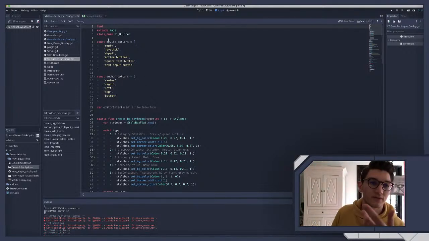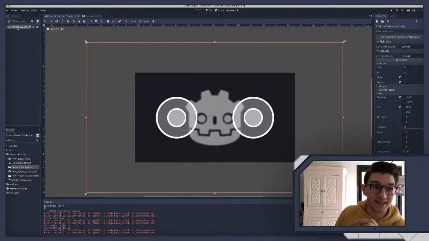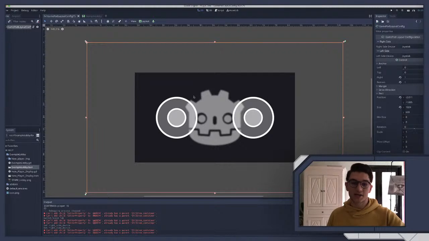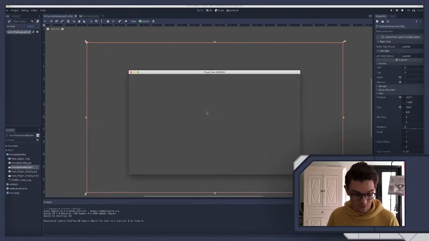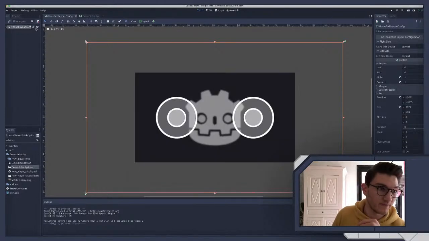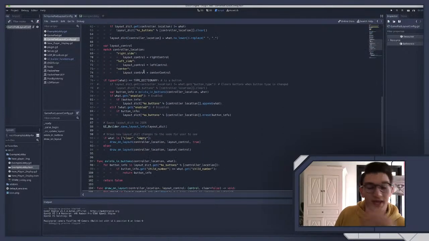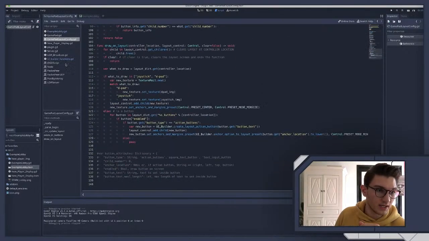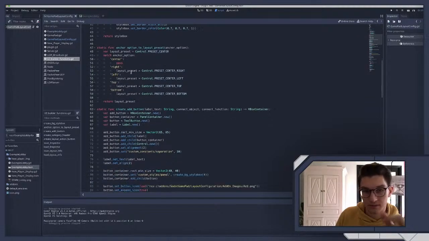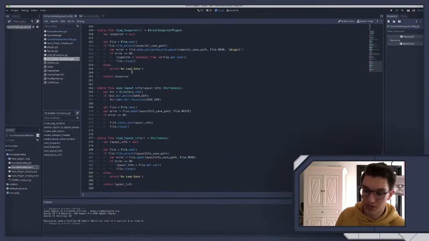But anyway, this is a tool script, and if you don't know, tool script means that this script will run in the editor. So right now, it is actually running, whereas usually in Godot, it only runs once I hit Command R and actually run the game, right? And so what that allows me to do, you can't use global scripts in the tool script, but what you can do is save to JSON. So the way that this is working,